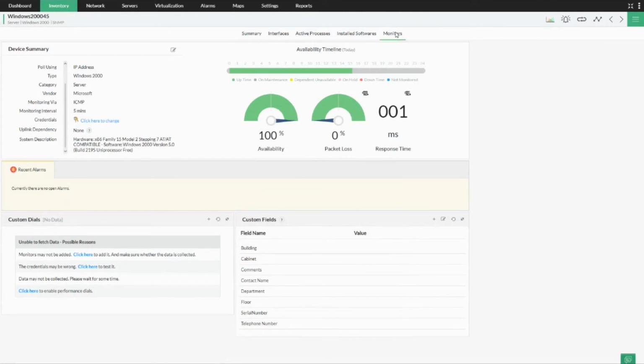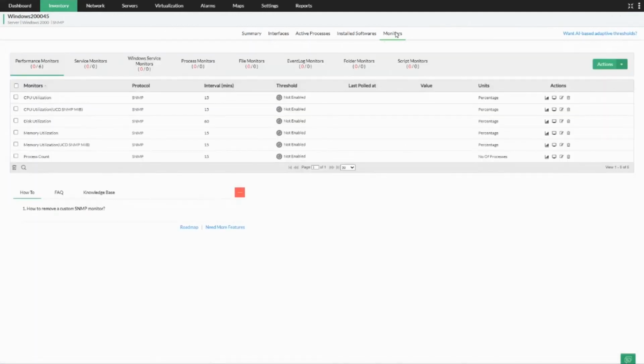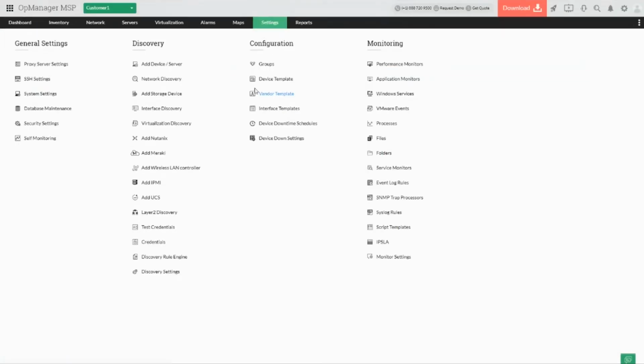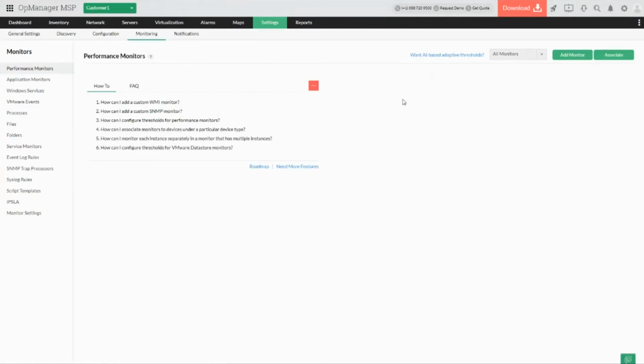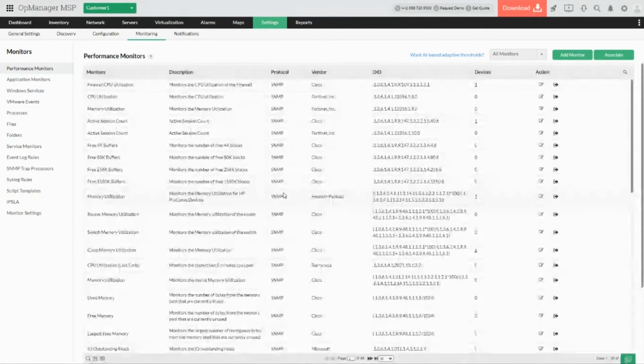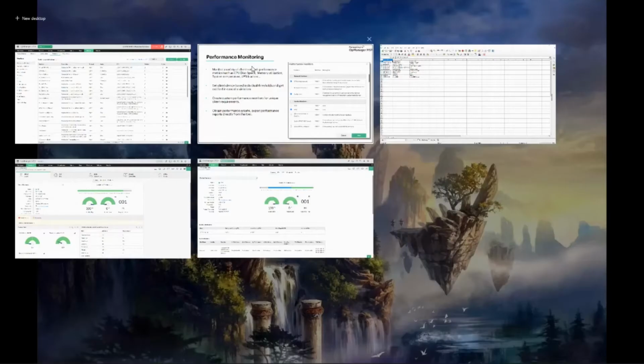And likewise, in terms of monitoring the performance, like we have discussed, we can monitor various different metrics. And OpManager MSP provides a wide range of predefined performance metrics which you can monitor. And in case you want to have a custom performance monitor with different SNMP or WMI, you can create them and monitor them, put thresholds, and push them to the respective devices with respect to the clients and customers in our environment. So now let's go back to the presentation and continue.